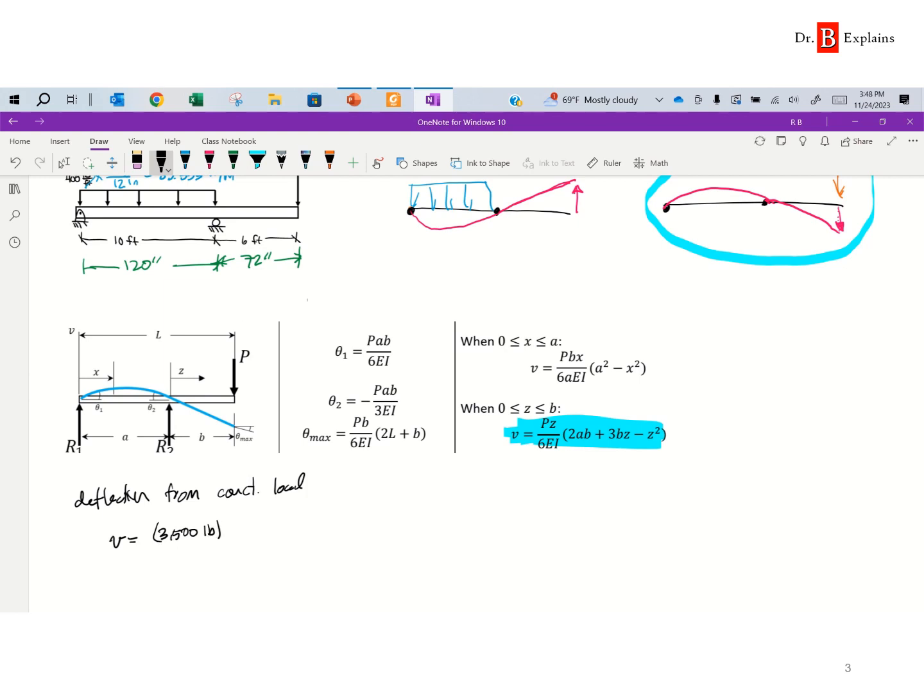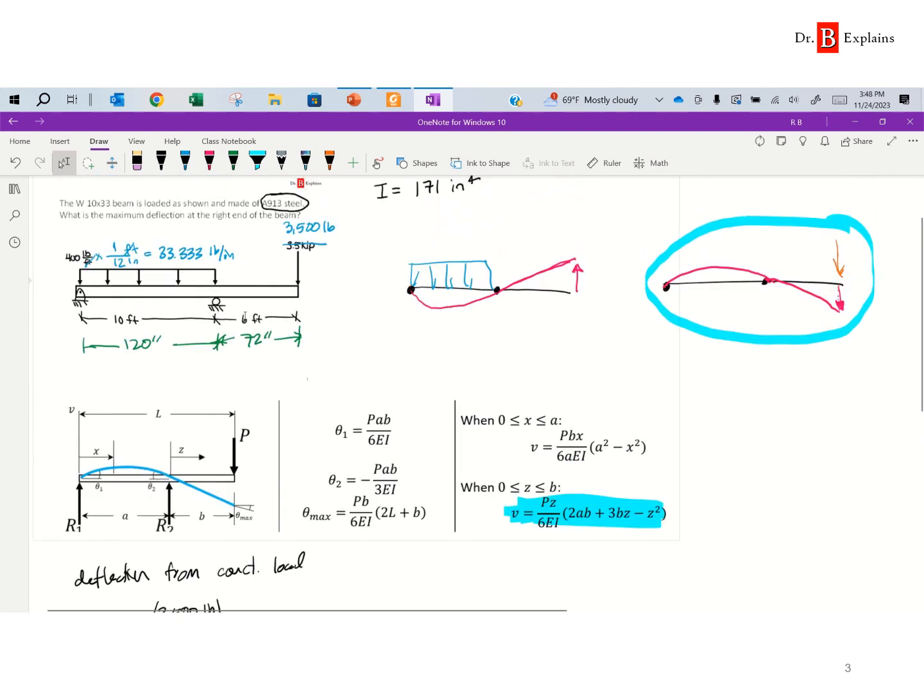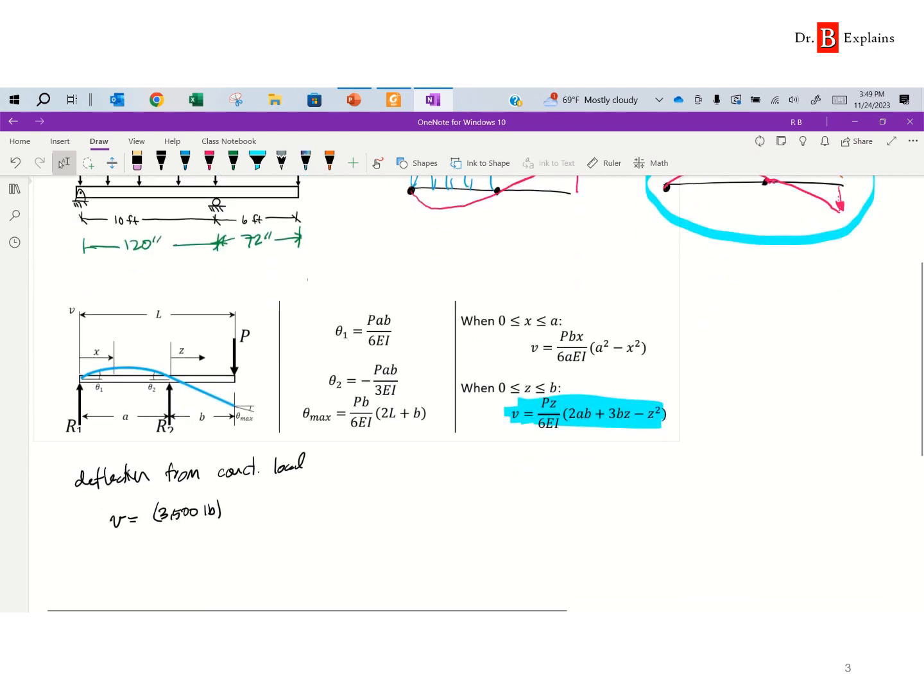LB. Next is little z. And again, remember, little z is the distance from the right-handed support towards the end of the load. So in that case, since we want the deflection right at the very end, z equals 72 inches here. So times 72 inches, that's divided by the constant 6. E is the elastic modulus, we said was 29 times 10 to the 6 pounds per square inch, times I,